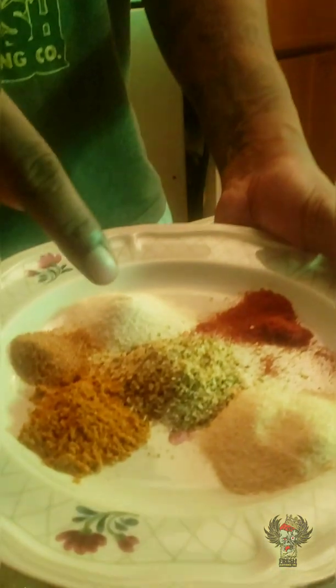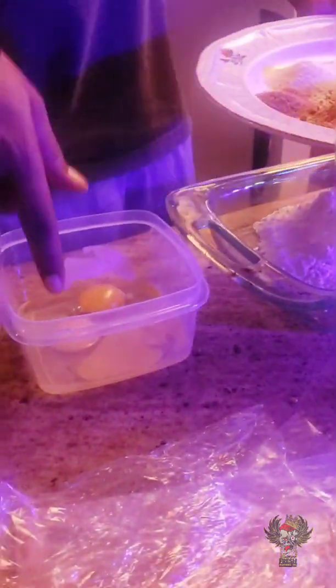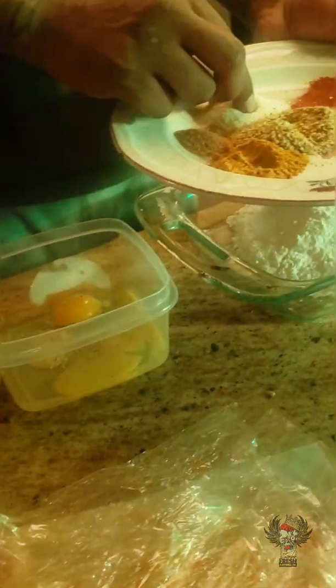So this seasoning plate is actually not going to be used because I'm going to take all these seasonings that I put just the right amount that I want on this plate. I want that amount of seasoning in my flour. So you're going to take all this seasoning. But before I do that, I'm gonna put some of it inside of my eggs because I also want my eggs to have a little bit of flavor. So I'm gonna take a pinch of each one of these, maybe 2 pinches, and we're gonna get it inside of our